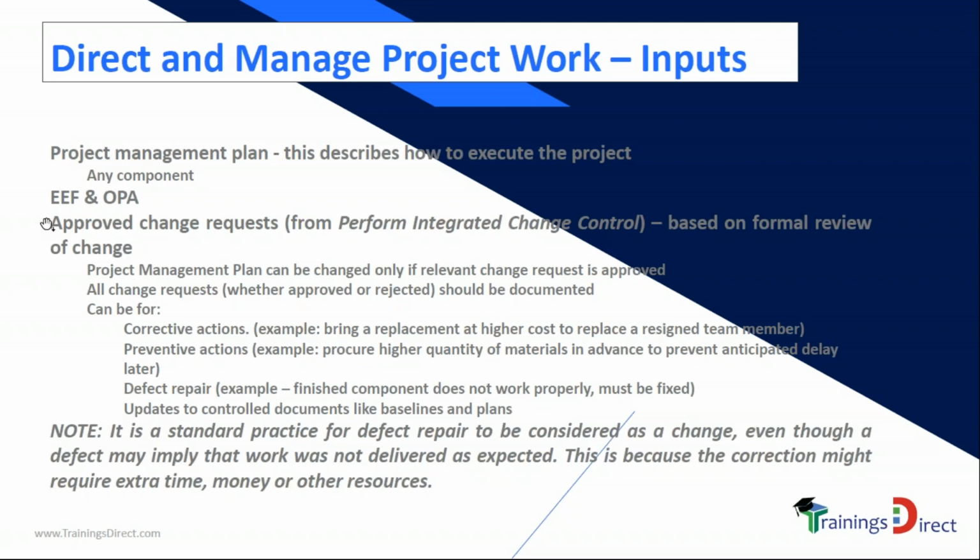Once the change is approved by an authority, by a change authority or a change control board, or by a CAB, change advisory board, then those changes have to be implemented. Therefore, approved change requests also become an input because they need to be executed, through maybe modifying a deliverable to fix a defect, to extend a timeline or something. We'll come back to these changes afterwards in the change control process.